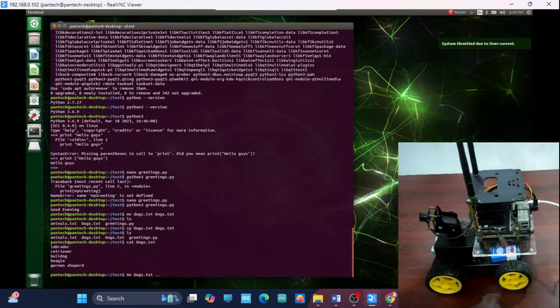Slash, right? Okay, so I want to change this to music directory, right? So music slash, you need to give that file name also. So I want to change this dot text file from test to music directory. Okay, so if I hit enter